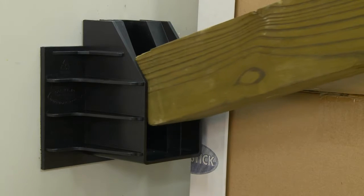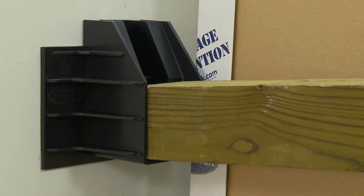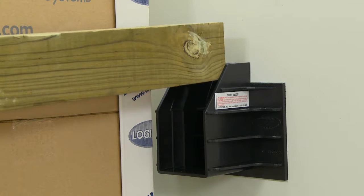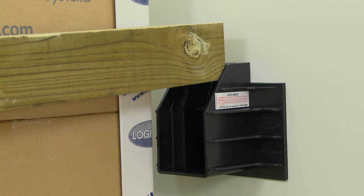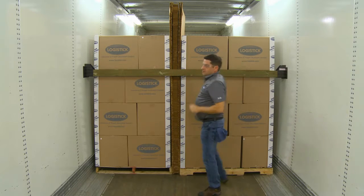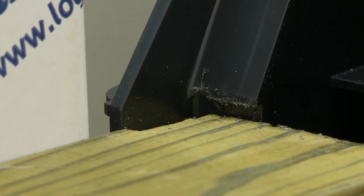Place one end of the 4x4 into the pocket of the first Super Wedge XL and rest the opposite end of the beam at the top of the ramp on the second Super Wedge XL. Force the beam down the ramp of the second Super Wedge XL until it is under the retention clips and